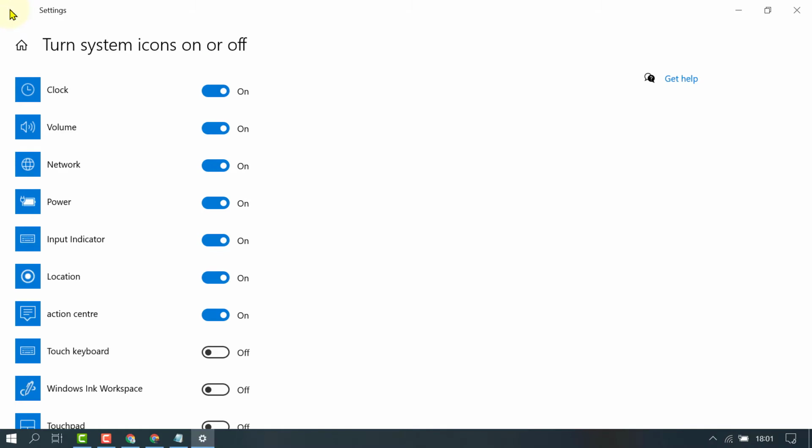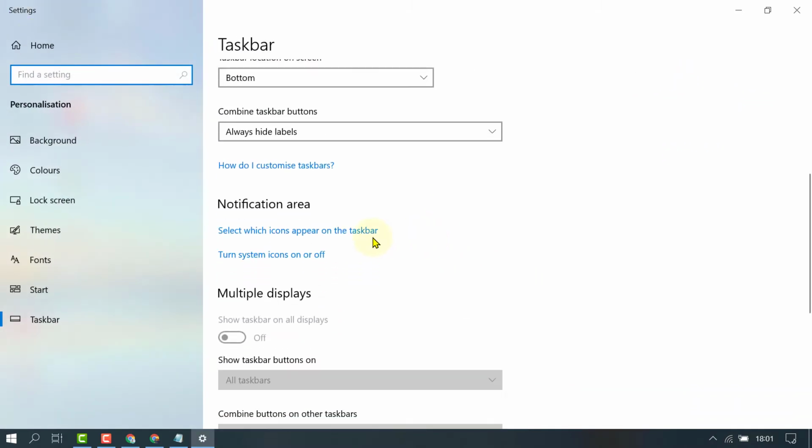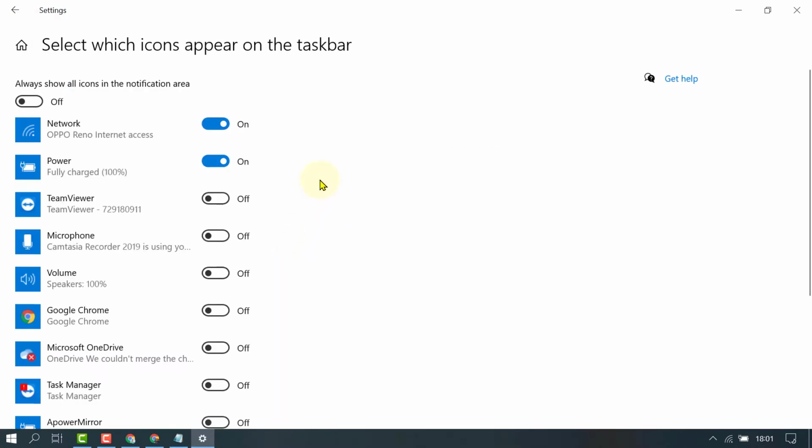If it does not work, click on the second option, select which icons appear on the taskbar. And in here you need to find the network option and turn it on. And friends, if you are still facing the error and the Wi-Fi icon does not appear,